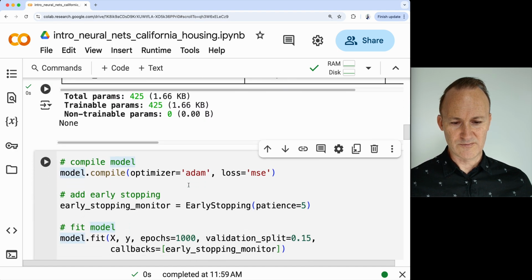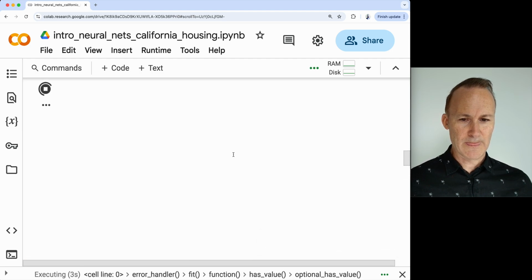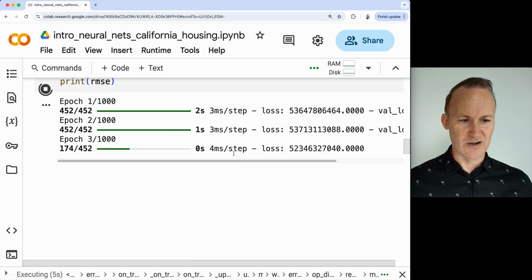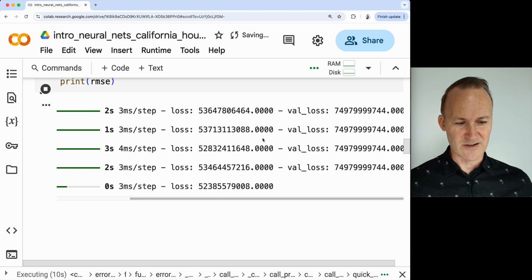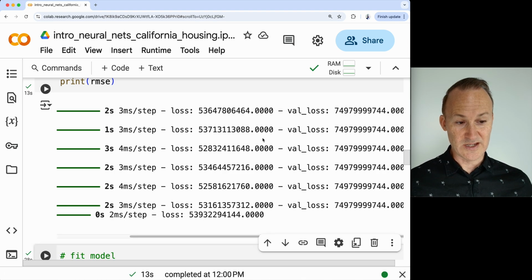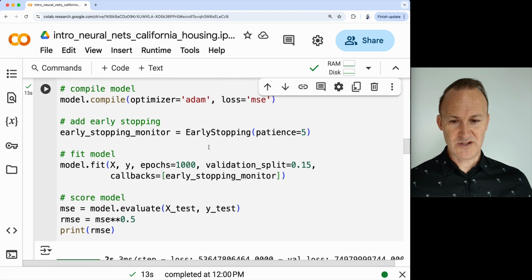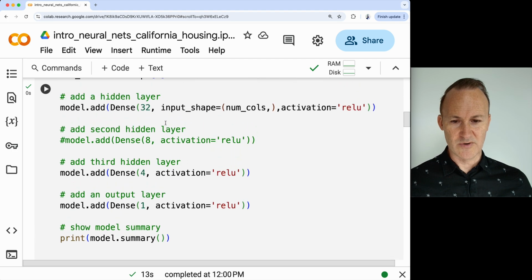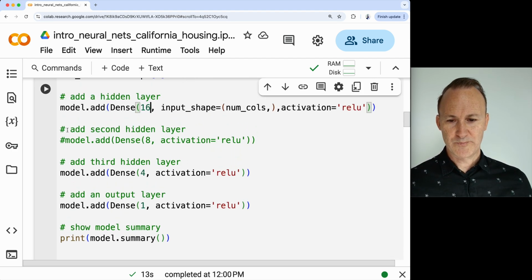So let me just watch it from the beginning. I'm not necessarily going to keep it going, although you can always scroll ahead in videos. Yeah, look, it's not learning, so this one's not good. And what I tend to do is tweak it. See, it stops, right? Because 1, 2, 3, 4, 5, no improvement, right? Slight improvement here. So you can see it's looking at the validation loss. So that was no good. It looks like those high number of layers to begin with simply aren't helping. But